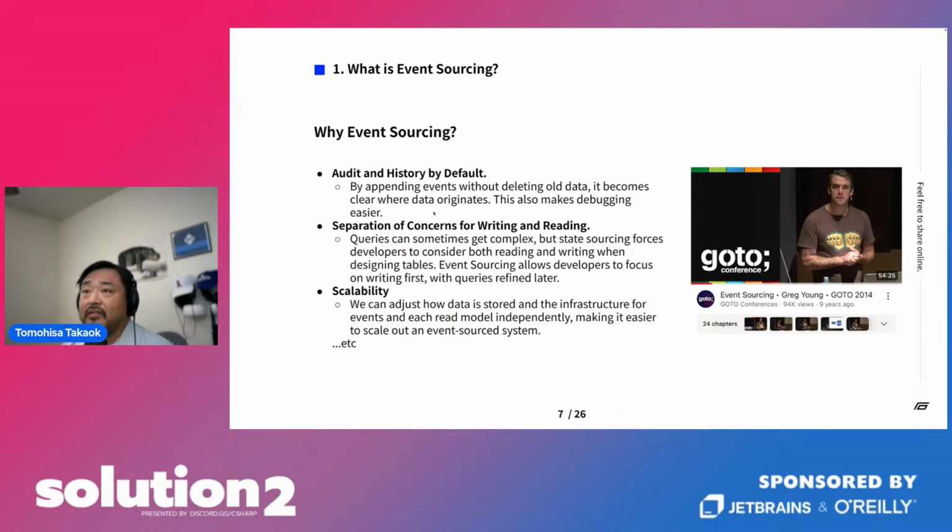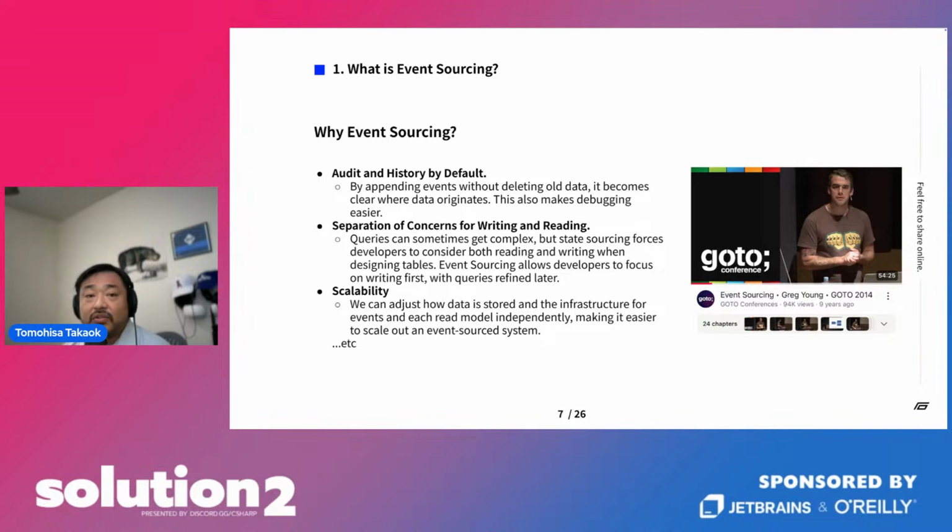So why is event sourcing good? Like we said in the last slide, audit and history by default, even though we didn't make the whole feature from the history. Later, you can add some features from the history data. And separation of concerns: when you're making the write model, focus on the write model, and when you're making the query, you can focus on the read model.